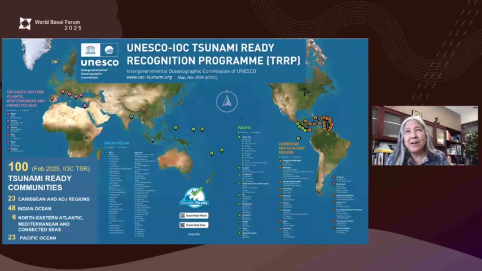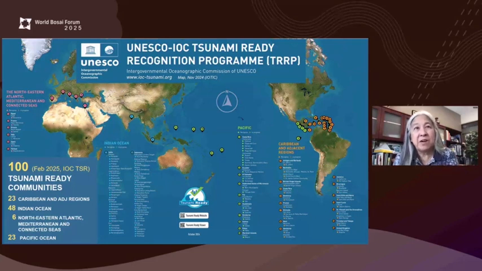So that gives you a quick idea of these 12 indicators, some of the highlights. I just wanted to share where we are. This is as of earlier last month. There are only 100 communities, but I think what we've done is started in late 2022, 23. There is a big energy right now. You can see a lot of orange dots in the Caribbean. A lot of the small island SIDS have parts of their island or their entire country Tsunami Ready, and a smattering in the Pacific Ocean,